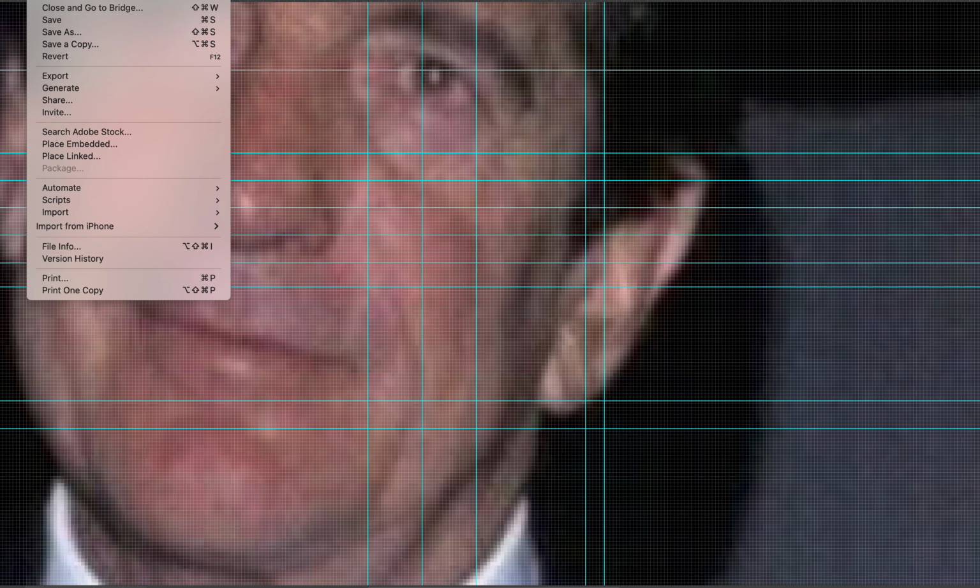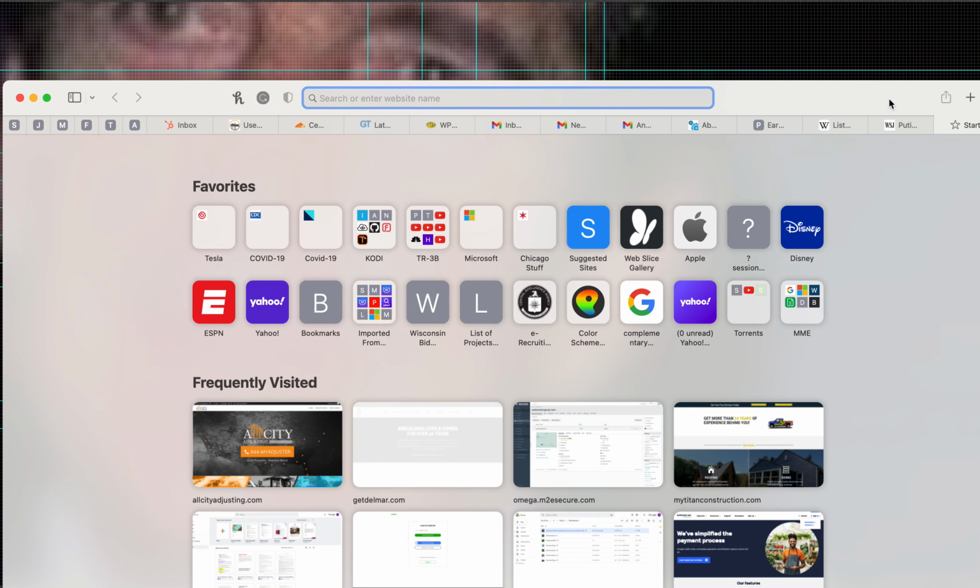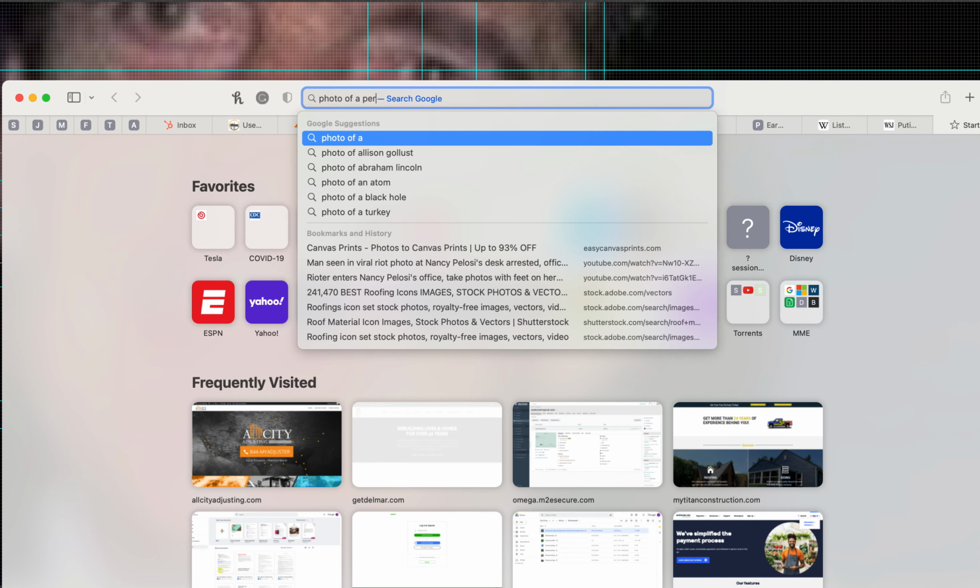Now, I'm gonna just grab a random photo, like a random photo that we have on my computer. Okay? I'm gonna go to photos. I'm rendering photos. I'm gonna try to grab something, or you know what? I'm gonna go online and just grab a random photo. I'm just gonna type in photo of a person,